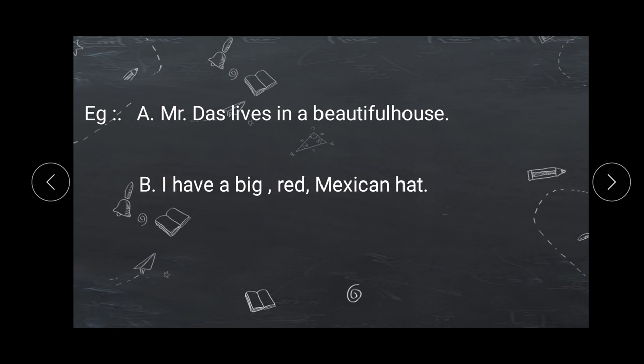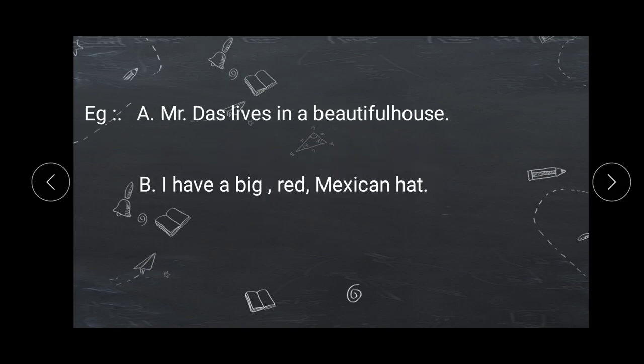So student, so the words beautiful and big and red, which have been included in example number A and B, are our